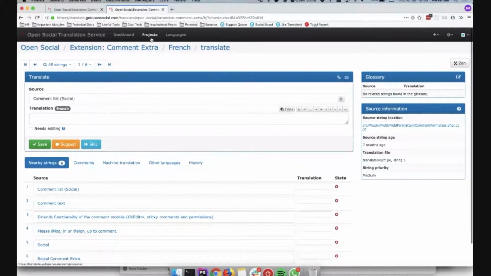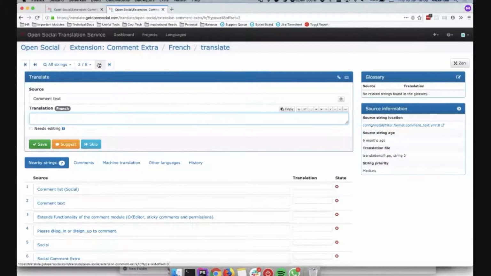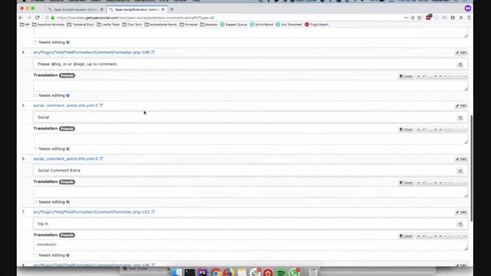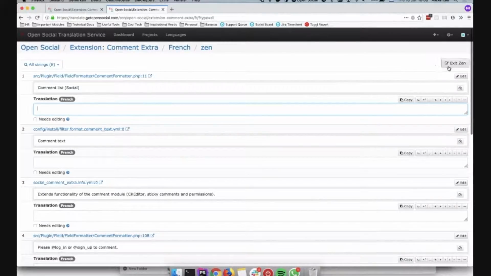Yeah, you can click through the search results here. If you want to translate a little bit faster, then you can also enable Zen mode. You can go through the list here. One thing you see if you're outside of Zen mode is that you have a few options here for